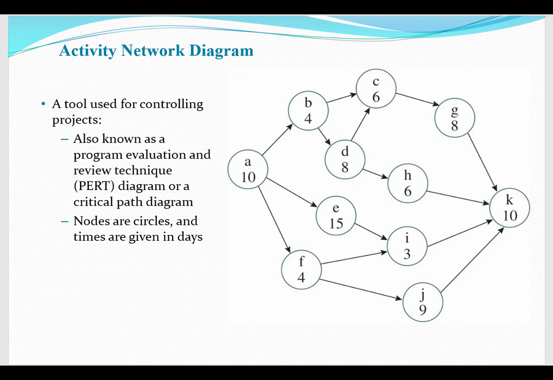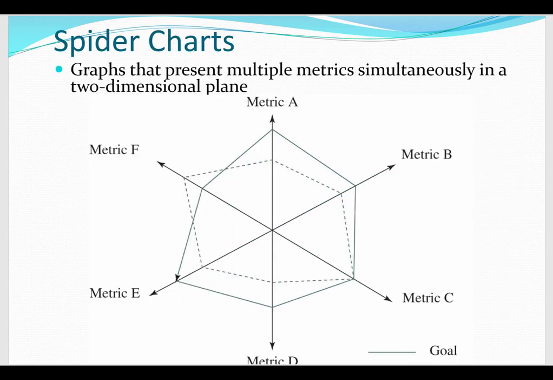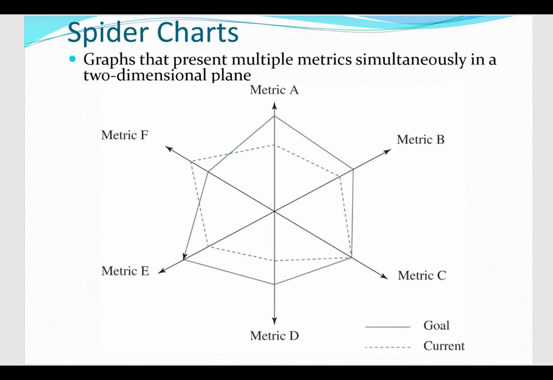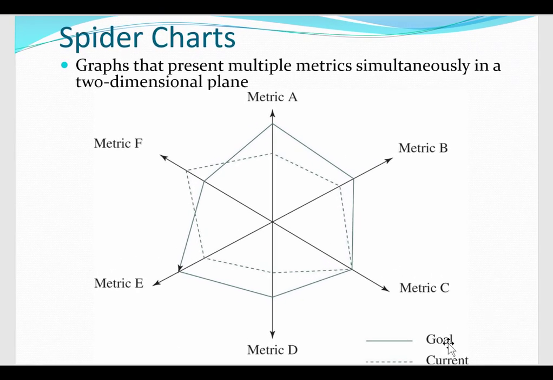For example, not that one, but this one, for example, is a spider chart where you can quickly see how different metrics compare to each other in terms of having achieved what you set out to achieve. For instance, if the goal is the solid line, then you can see that